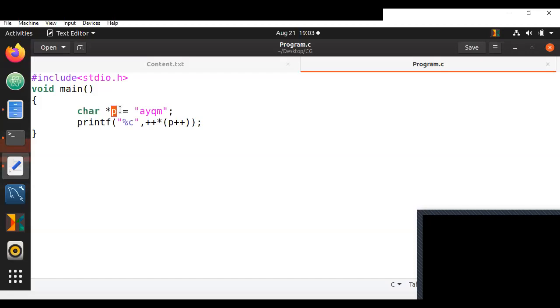So think through this. Let me know what happens. What will be the output here? There's no difference. So you can call it pointer or array, it's up to you. You can call it character array, you can call it string, you can call it character pointer. It's all the same. Whenever you create a string, you can create it as str of like this, or str of 25 like this, or just star str as well. So same way we are creating it as char star p. That's all. So now what would happen here?